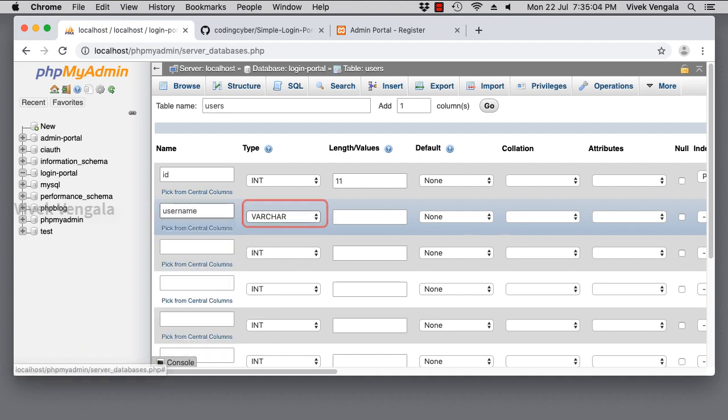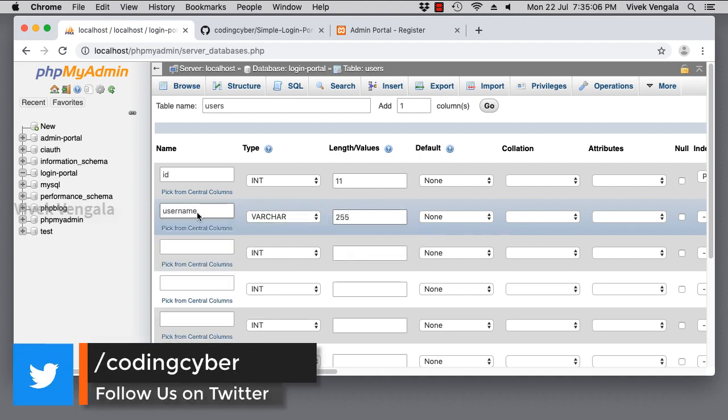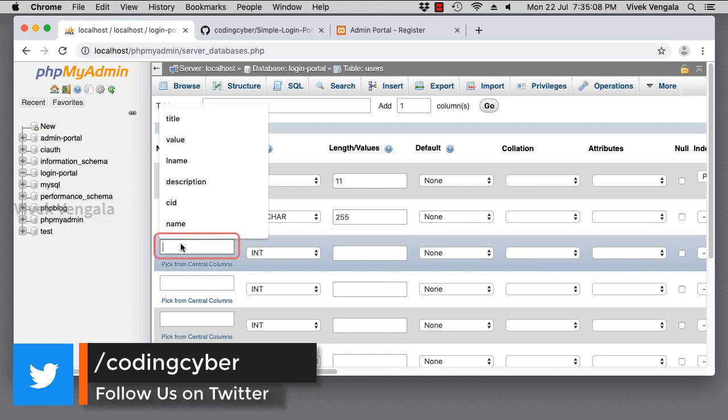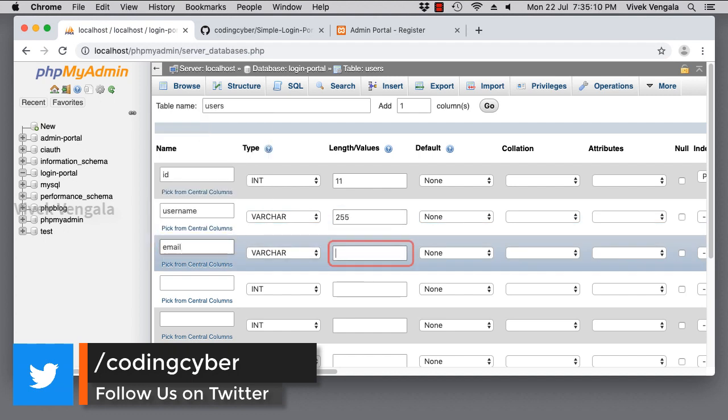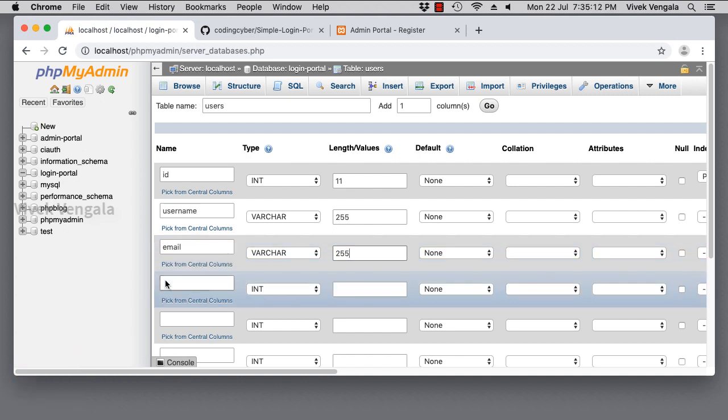Username varchar and 255, email type varchar and 255, password it's a varchar type and 255,